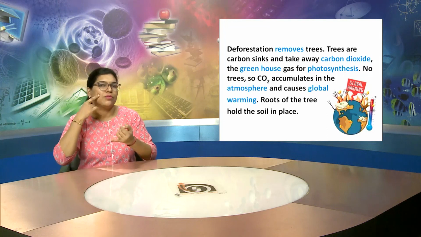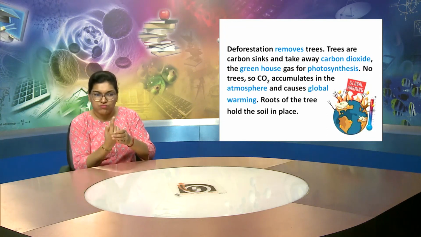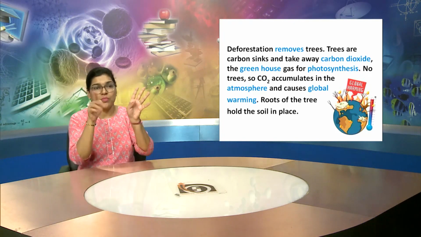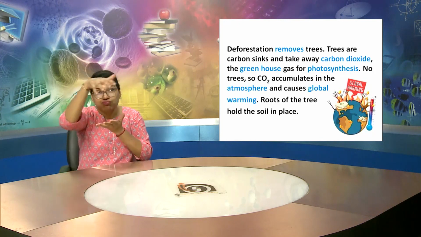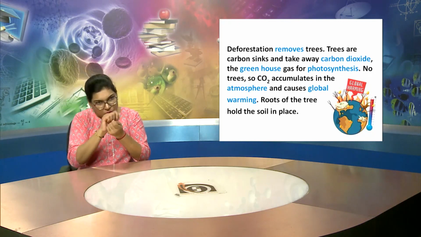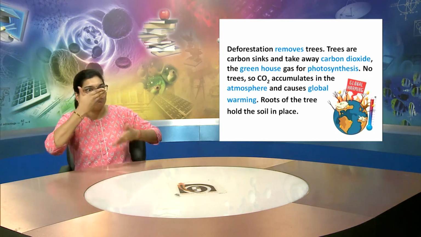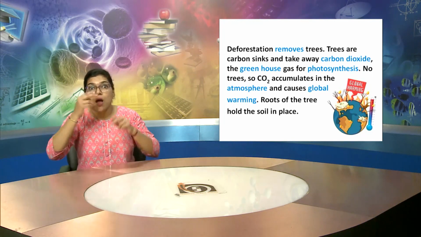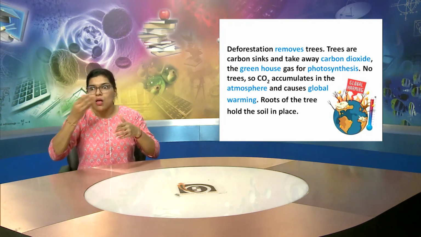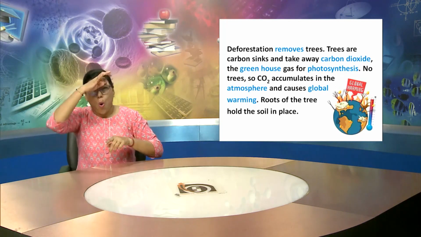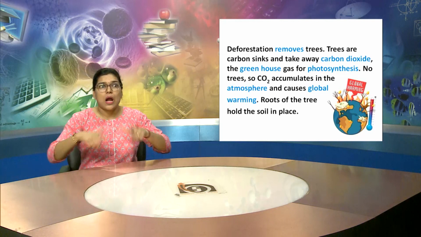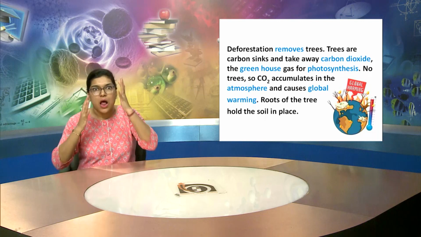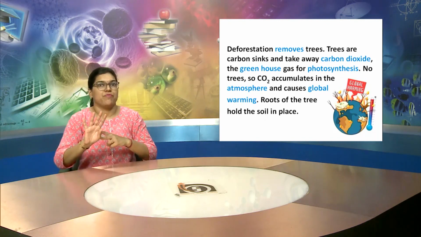You must be aware of the process of photosynthesis. It is the act of making food by plants in sunlight. So, during photosynthesis, CO2 is taken inside the plant body and they give out oxygen, and that oxygen is used by humans. So, in case trees are cut, then how will the CO2 get converted into oxygen, and that will lead to global warming.